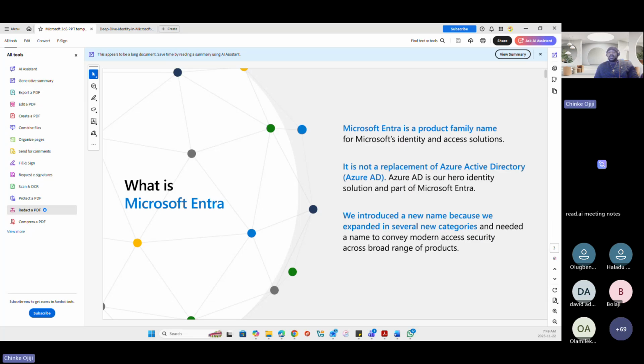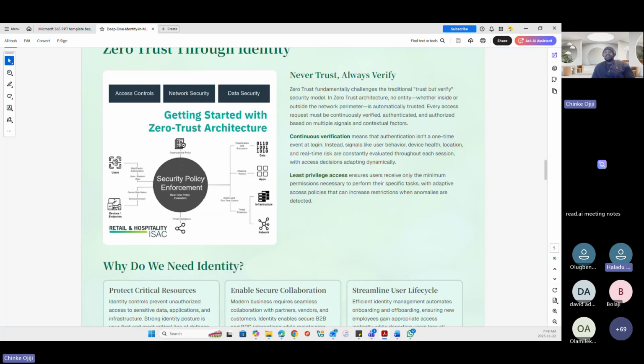Okay. Abdullahi, can you go ahead, please, and give your own explanation? Guys, just give me a minute, please. Thank you very much, Chinke. So what Chinke was explaining in more detail, I was also typing for some people that may be having issues listening. The question was, what is the difference between Active Directory and Microsoft Entra ID?